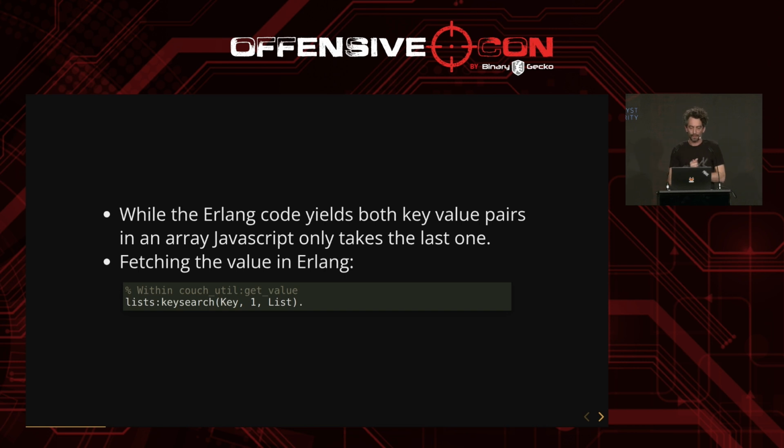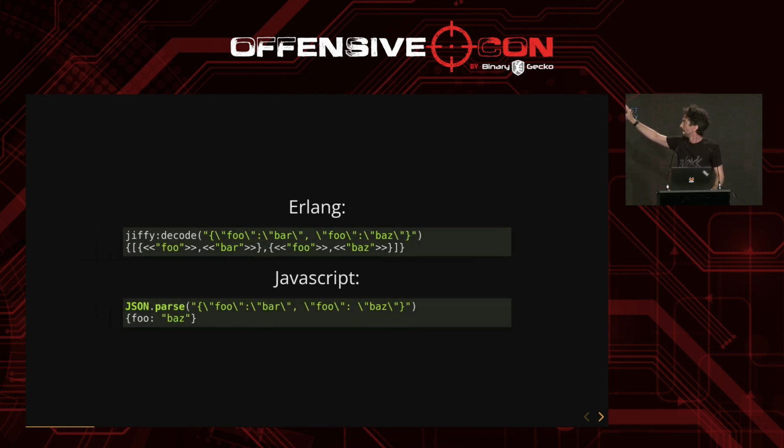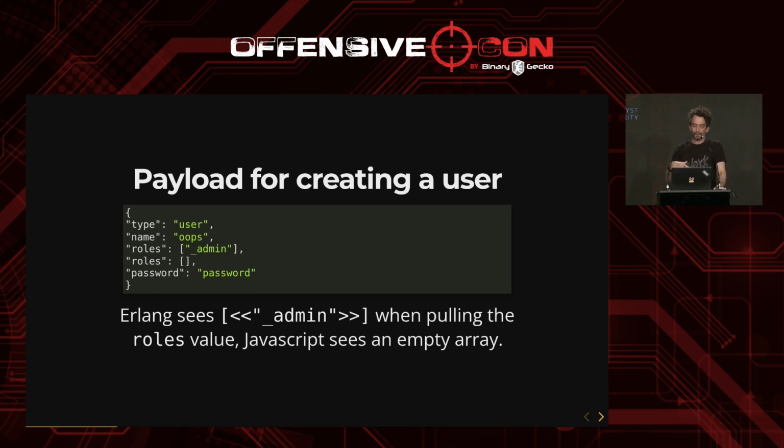And if we look at the Erlang implementation, so this is basically cut and paste from the blog post, it would just take the first result out of this array for the getter of this object, and for JavaScript it would give you the second variant of whatever is stored under this key. And the payload for creating a user which exploited this vulnerability, which then led by creating an admin user to RCE, was the following. So here we have the duplicate roles in the JSON, and Erlang would see the _admin role,